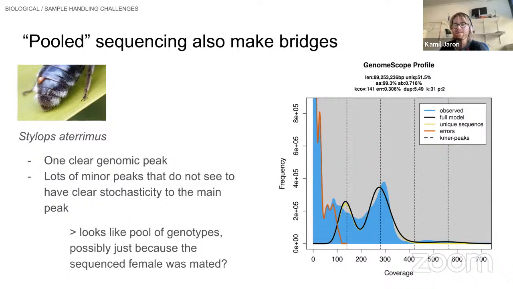And obviously, you need to know a lot more about your genome and what you expect, to be able to make this assessment. But what I actually think happened is that they just sequenced a female that was mated, and probably multiple times. So I imagine that it was not only a single male, because then there would be just 4 genotypes. Anyway,